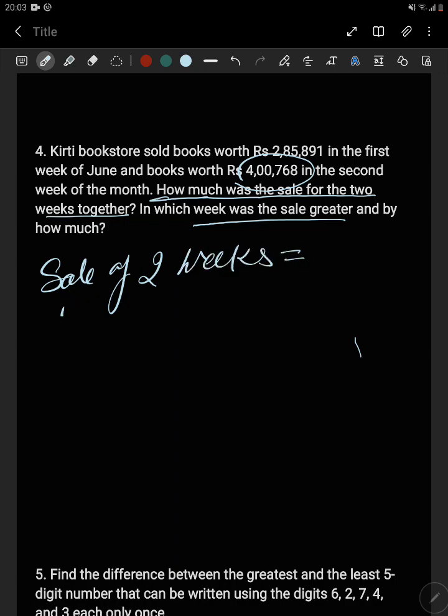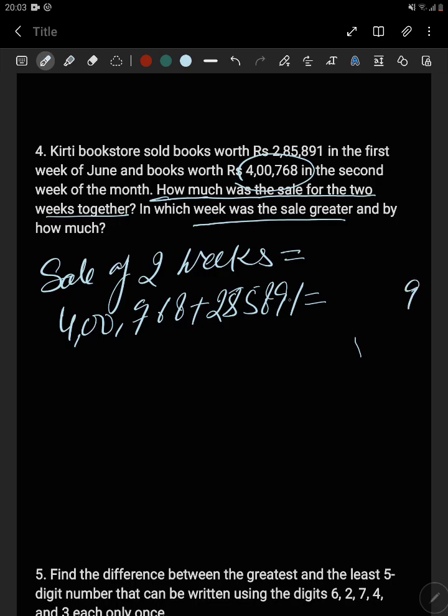was equal to 400,768 plus 285,891. Okay, so if you add this up, we will start from the right side. So 9, and then 9 and 6, it will add up to 15. 1 is the one we have in our hand, and then 5 and 7, 5 is 12, and this comes out to be